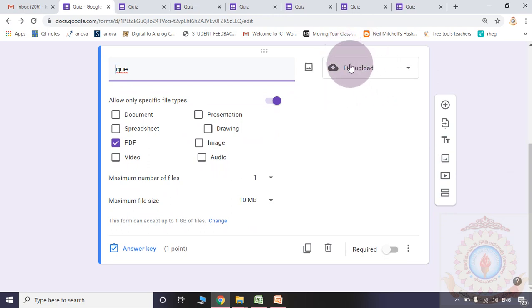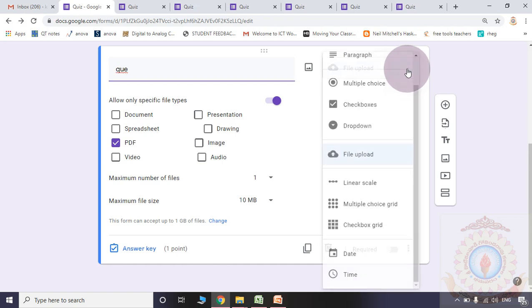If the particular option is file upload, only after verifying the answer in that file, as a faculty member we are supposed to send the feedback or the score. If it is the linear scale,